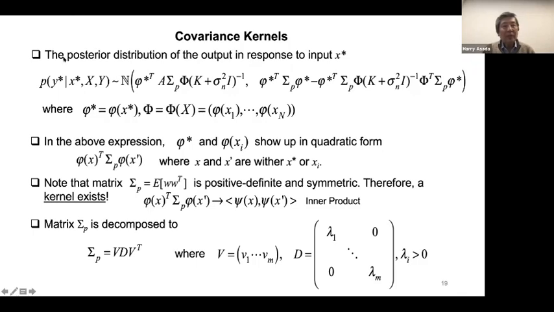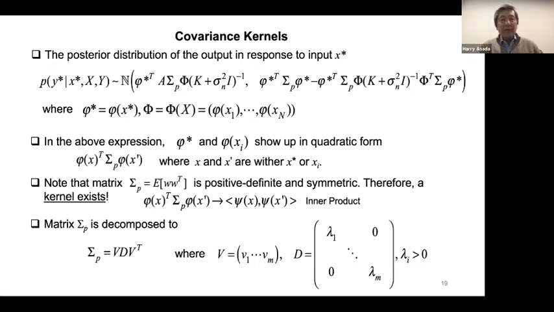So we obtained the predictive posterior distribution of the output in response to input X star, and that is given by this, right? And given by this. And now, sorry about this A, I have to correct that. Yeah, now this guy,